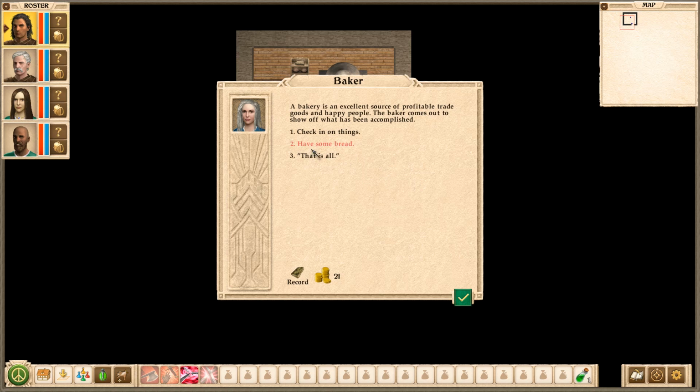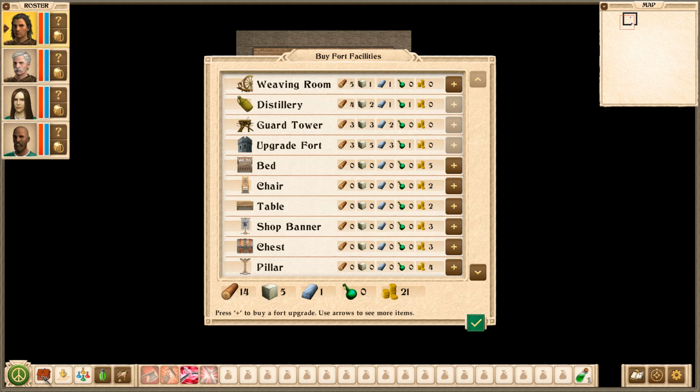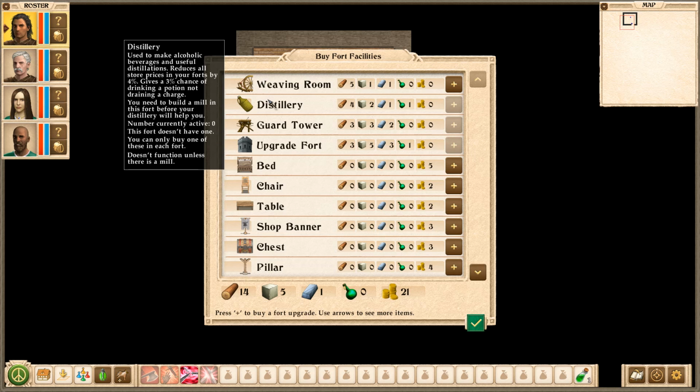And these just have some bread, I guess. Rough stuff. Thanks. Check in on things. Sells well. Okay, more bakers working together make better goods, right? But of course, you can only ever have one type of building per fort. But yeah, the mill, bakery, and distillery all have similar effects in that they reduce store prices in